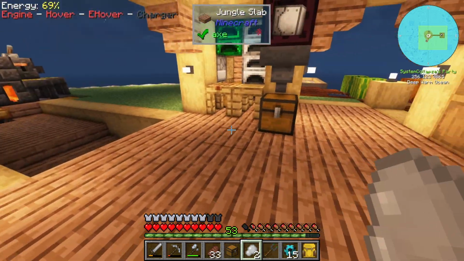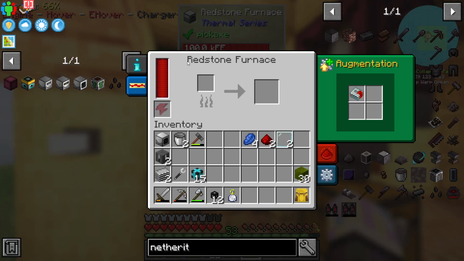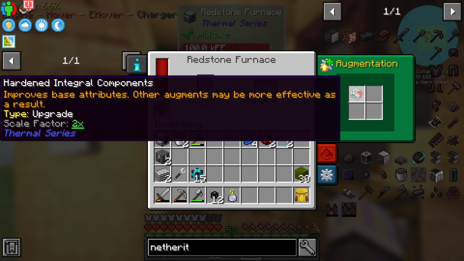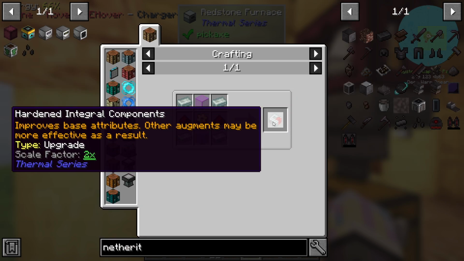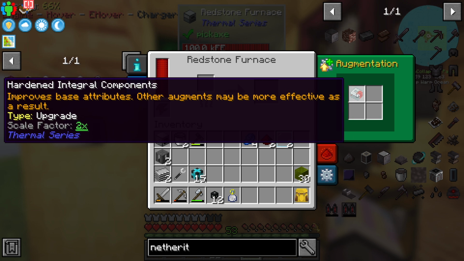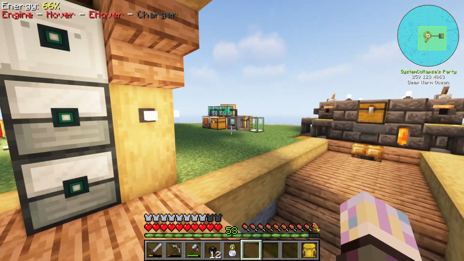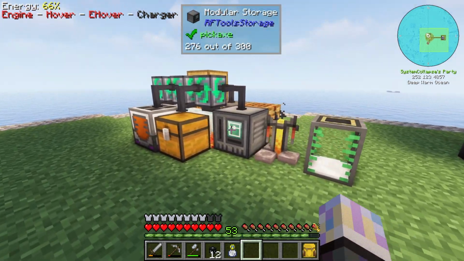I actually don't have a redstone furnace either right now. I need to go ahead and make one of those. So we went ahead and made 2 more machines here. I made a redstone furnace, and I threw in a hardened integral component. They just take a little bit of invar and a gold gear, and then bam, you have a little upgrade here, which will make it work twice as fast. You get to times 5 of those, I believe, if you make the better ones, but I didn't get to that yet. Also, I went ahead and made a mob slaughter factory,